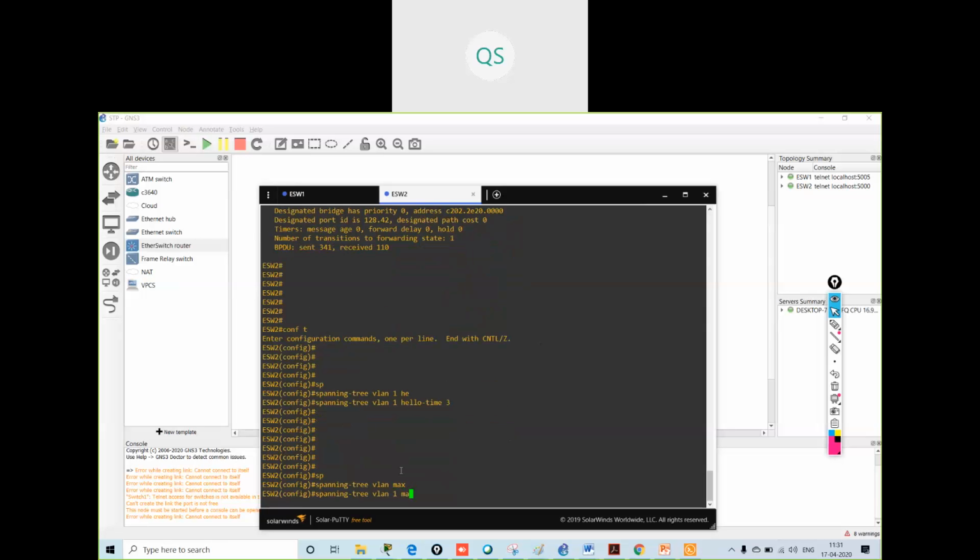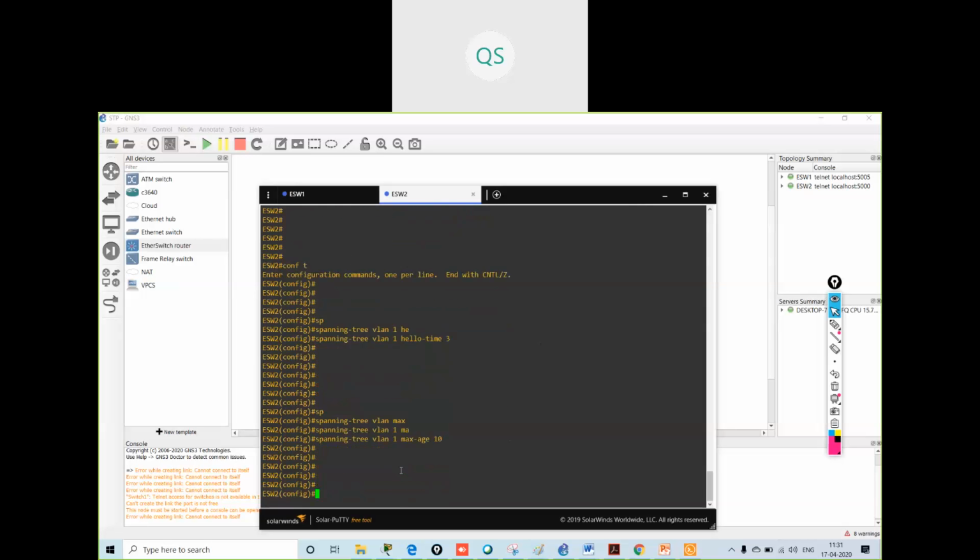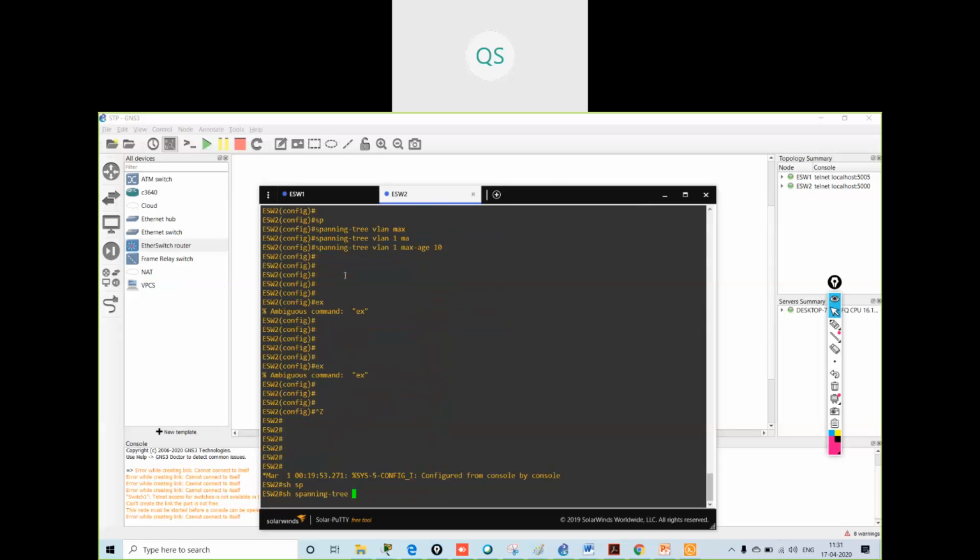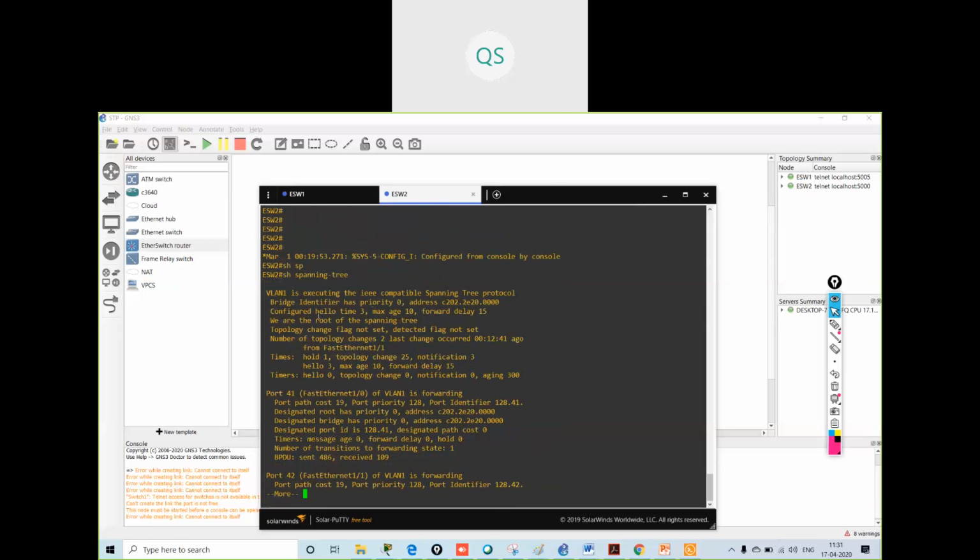VLAN 1, max age, I have kept it as 10. Exit. Now show spanning-tree. See over here also the hello timer got changed to 3 and max age got 10. Understood? Yes, sir.